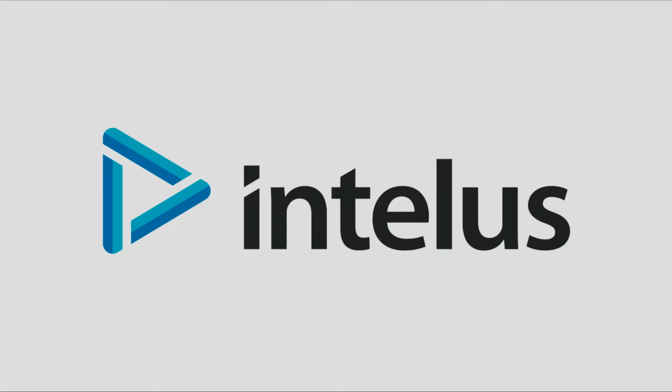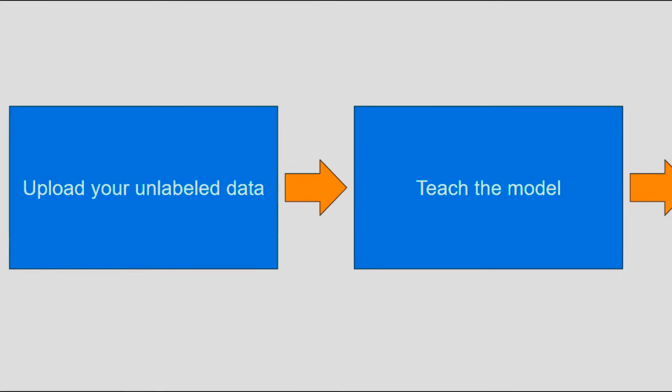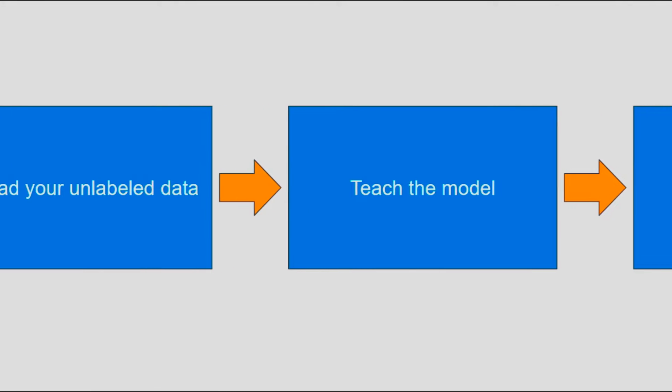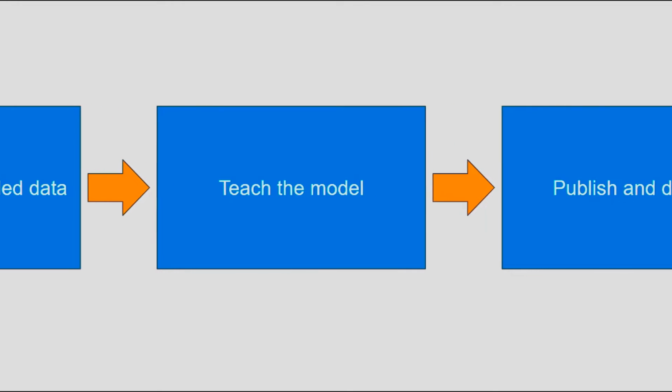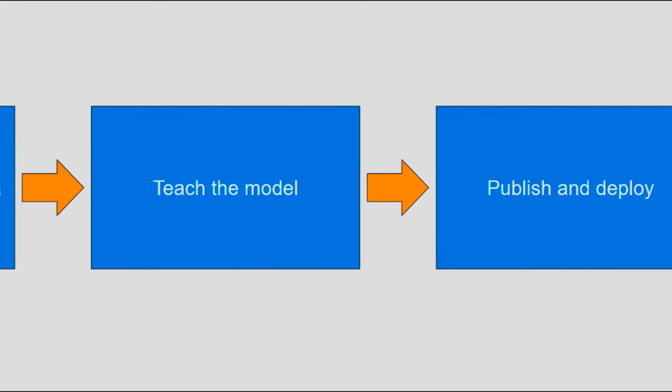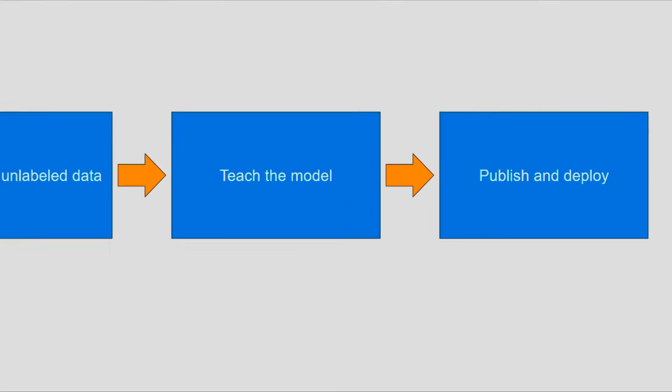Duet's no-code approach enables non-machine learning experts to build document classifiers and entity extractors for their unstructured text data, starting with no labeled data. Duet has a three-step process to build models. First, upload your unlabeled data. Second, teach Duet the semantics of your model the way that you teach another human iteratively. Third, deploy your model. In this video, we will focus on teaching Duet how to resolve conflicts and add features